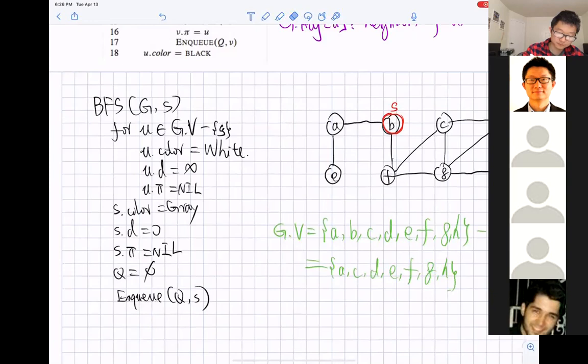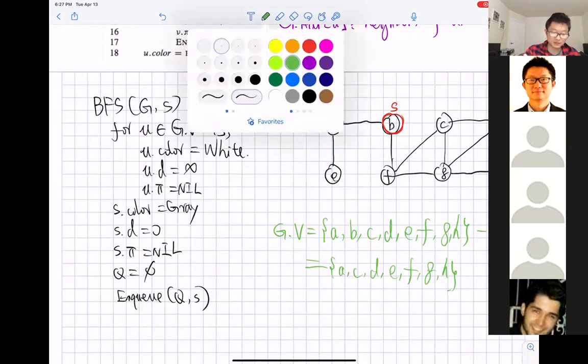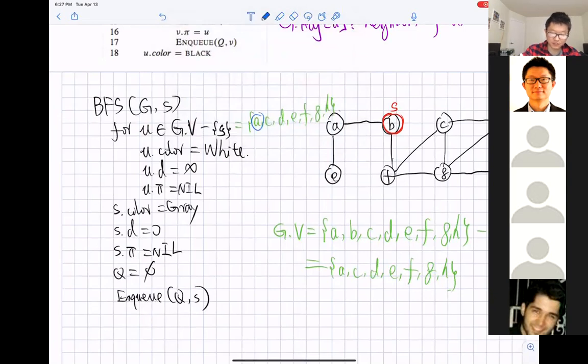So this is the list of nodes that we're going to go over. For U belongs to this set, initially we have U as the first node, A. We're going to associate U with a white color, an infinity distance, and a nil parent. So for this node, we give it a white color, infinity distance, and nil parent. So far we just finished A, and then we move U to the second node,